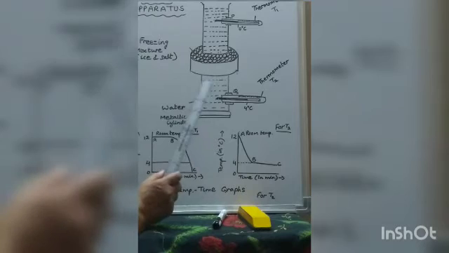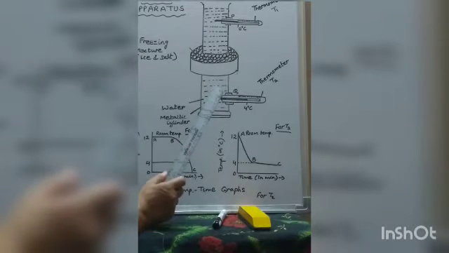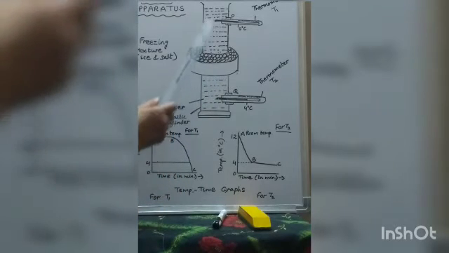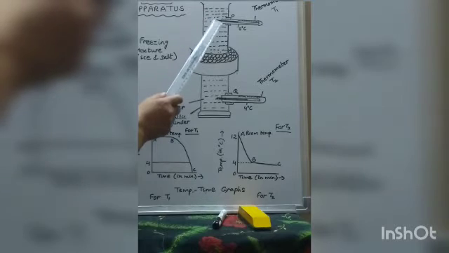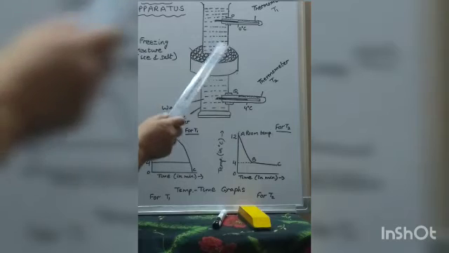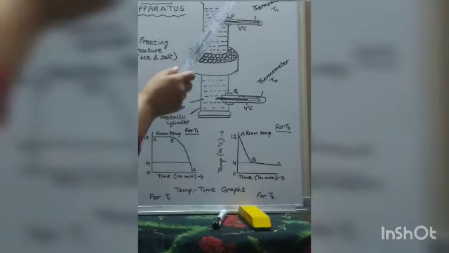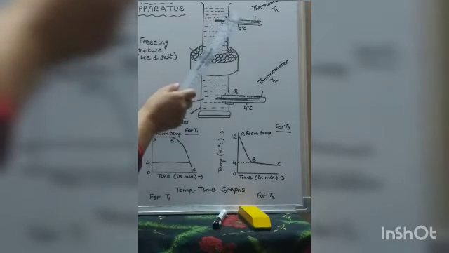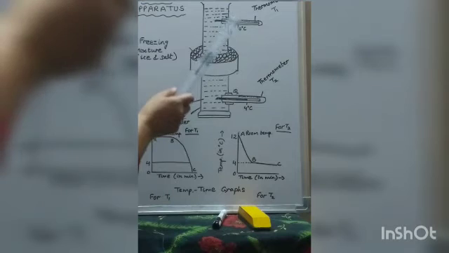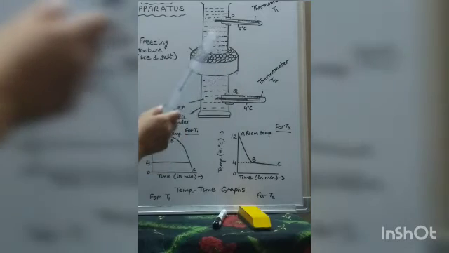On further cooling below 4 degrees Celsius, what happens? Anomalous expansion of water. Water will start expanding and so the density will decrease and hence it will become light and it will rise up. To take its place, water from the top descends down and by convection, water above the central portion now cools. So the reading of the upper thermometer T1 will now start falling and it will fall rapidly till 0 degrees Celsius. And the water near the top freezes to form ice at 0 degrees Celsius.